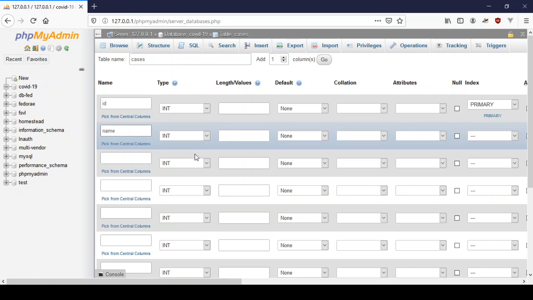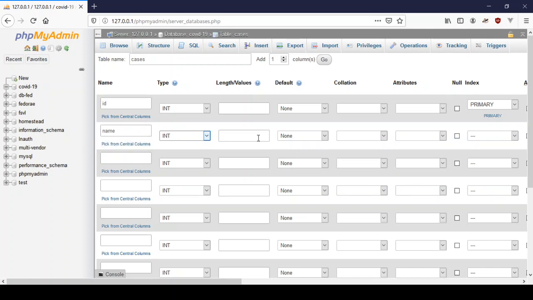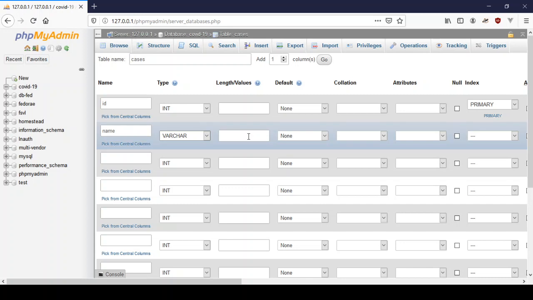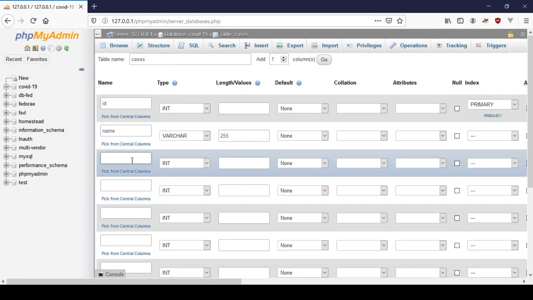I'm going to add this as a varchar, or variable character, with a length of 255. This person must have an age, so we're going to put their age as well, and age can be int, and let's leave the limit at default,